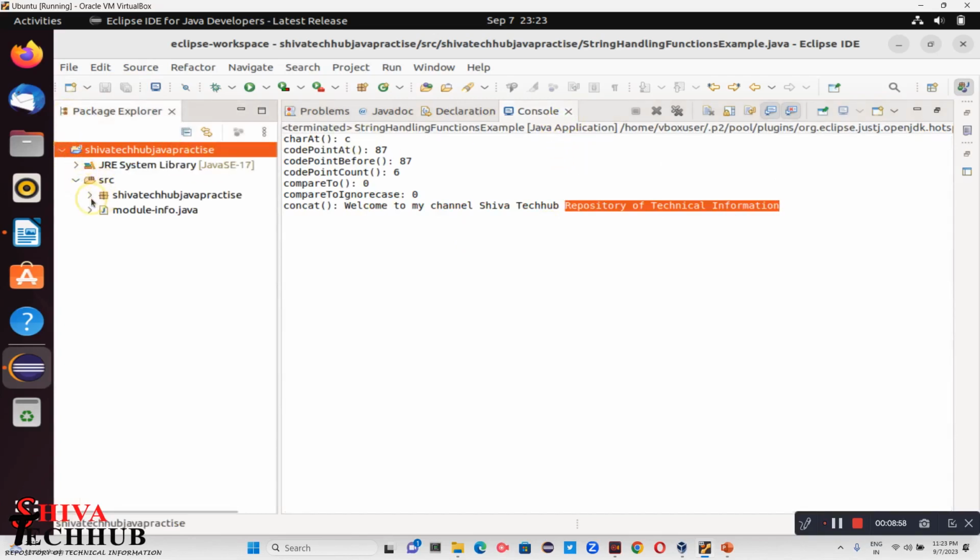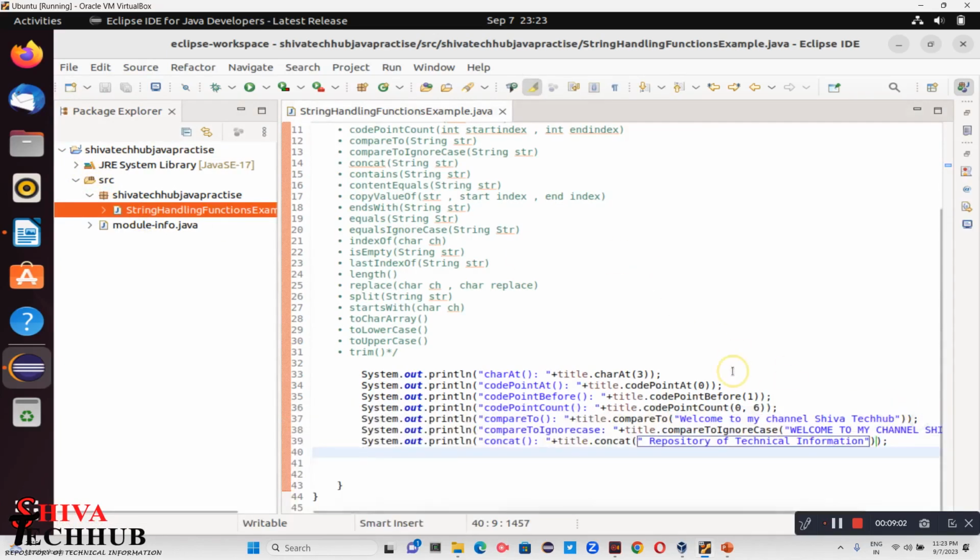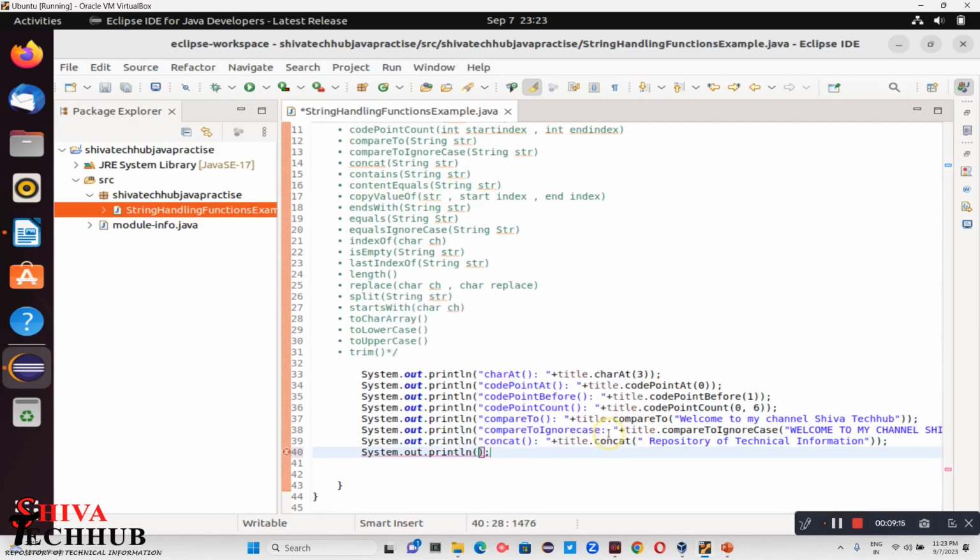So let me look into the next string handling function. After concat, it is nothing but contains. What the contains function does is it checks if that particular substring is present in the main string or not. So let us try to understand that. So contains, this is the function. Then title dot contains,